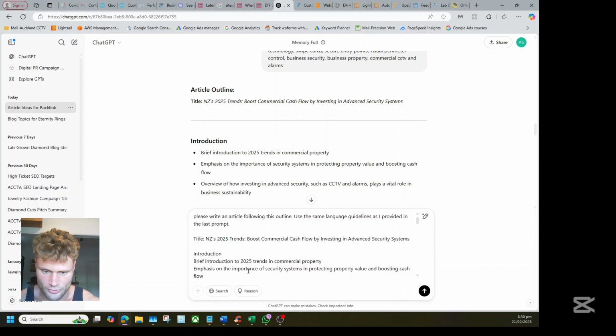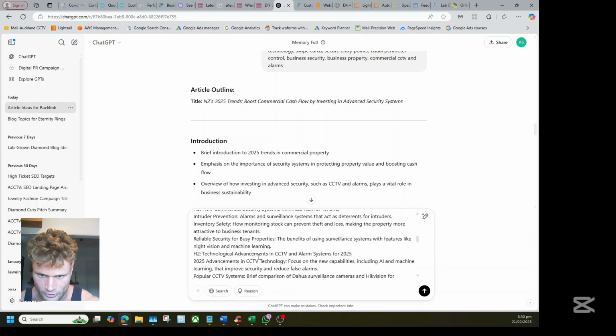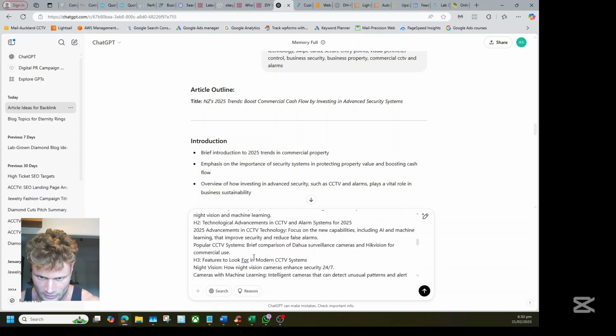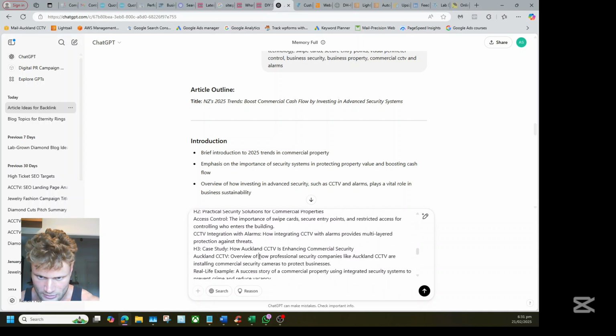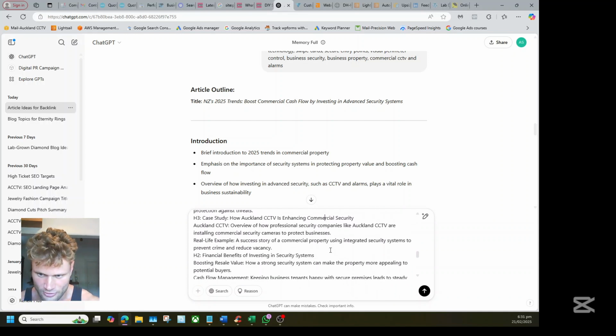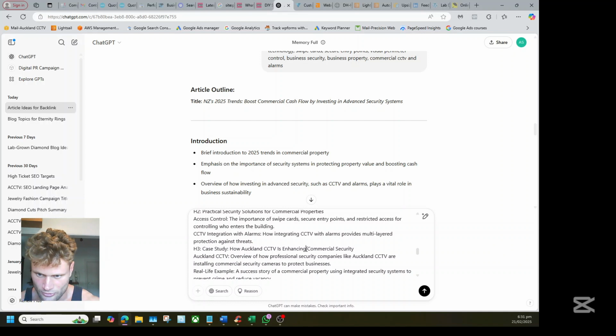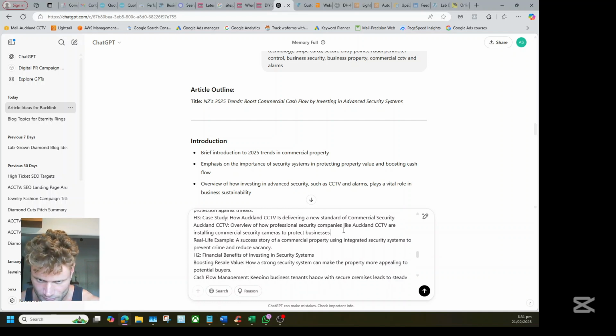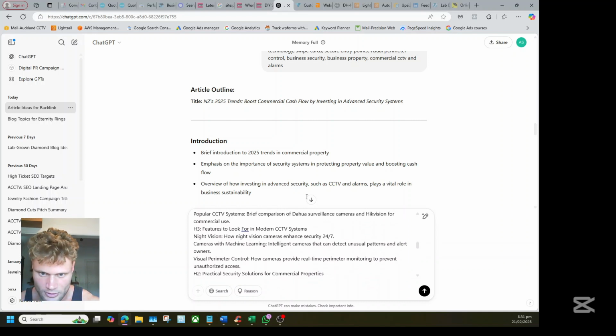Cool. Okay, now we're going to tweak it a little bit. What do we want? We want it to tweak how Auckland CCTV is enhancing commercial security. We want to do how Auckland CCTV is delivering a new standard of commercial security. Okay, and we want to tie it in. What did we have? Night vision, machine learning.